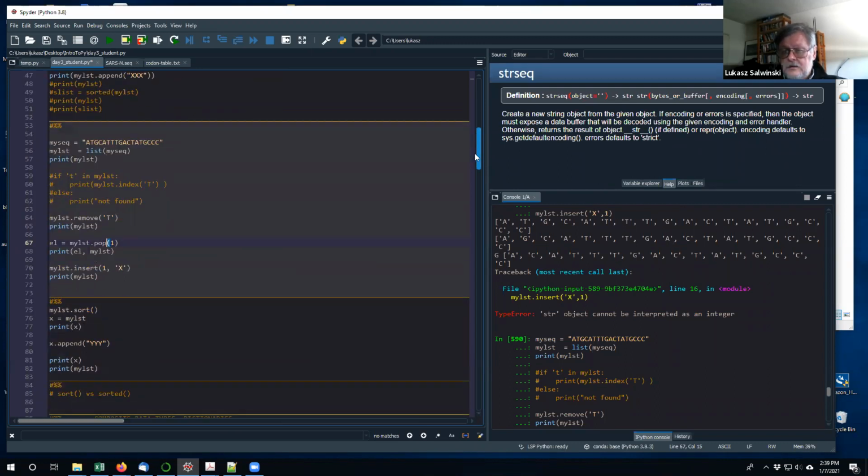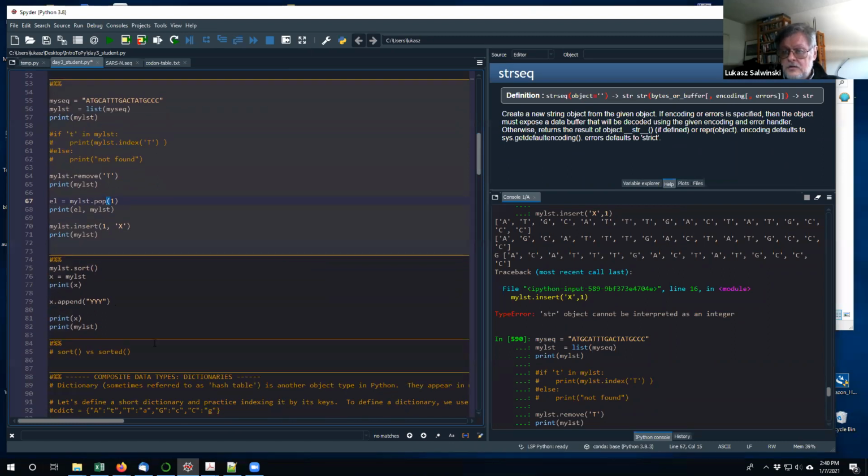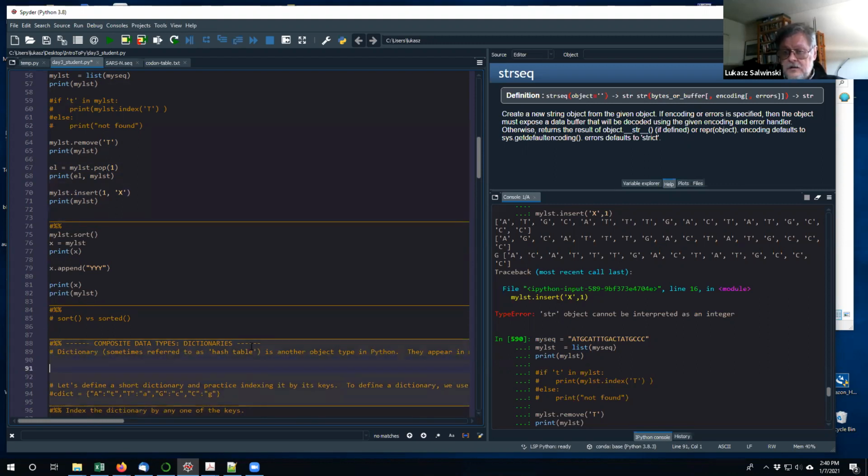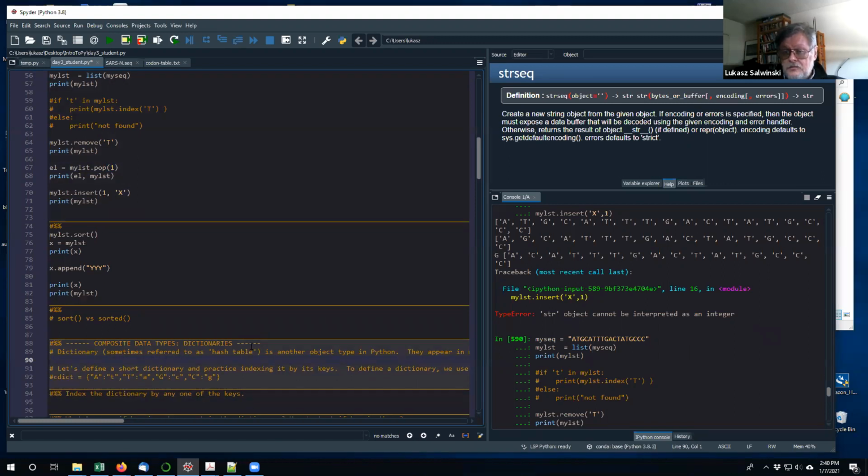Okay, and I think we went through sorting and sorted, and this covers the basics of lists and basics of strings. We've got one more data type to go through, which is new. It looks sort of like a list, but instead of using numbers to index values, it's using arbitrary pieces of data. The common use is to use strings as so-called keys, and then for each key we're associating a value to it. The way to create dictionaries is